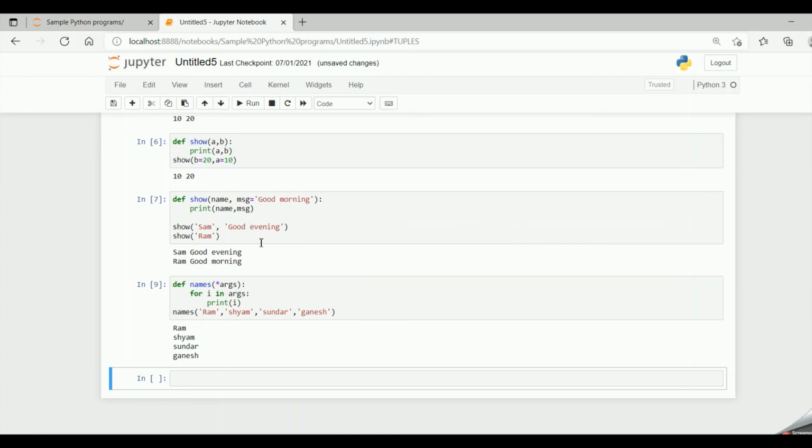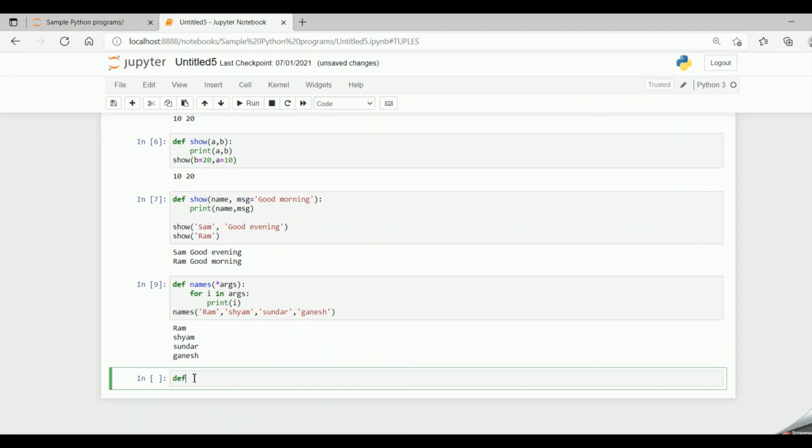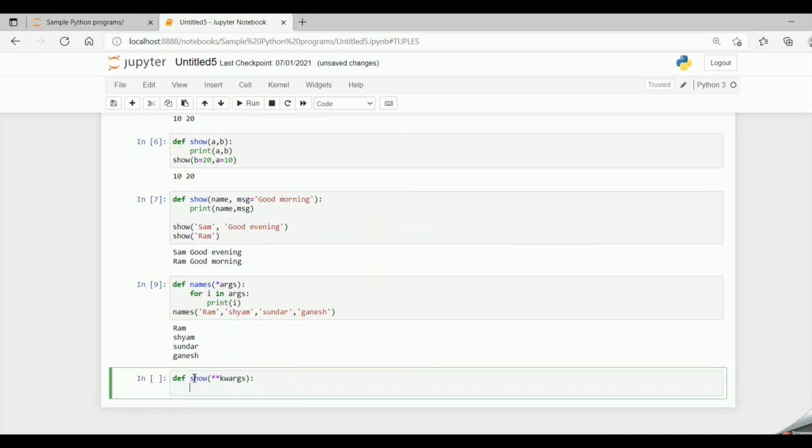So let's look into it practically. So let me say def names show, and let me take two stars, kwargs. And now let me say print kwargs.